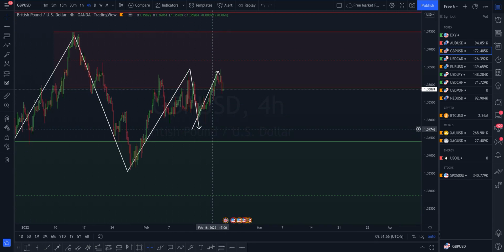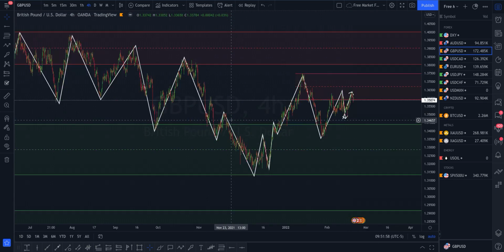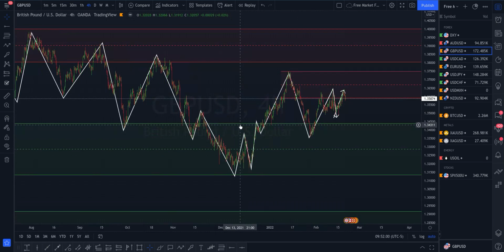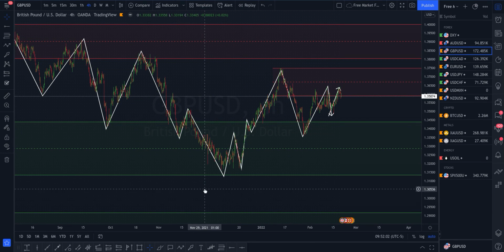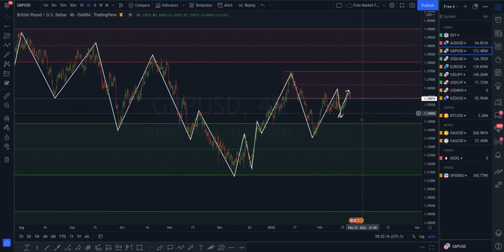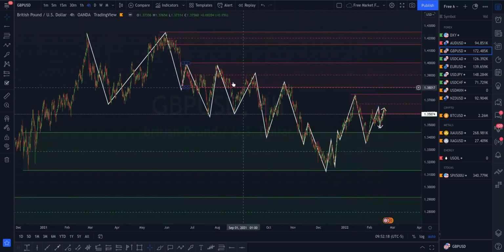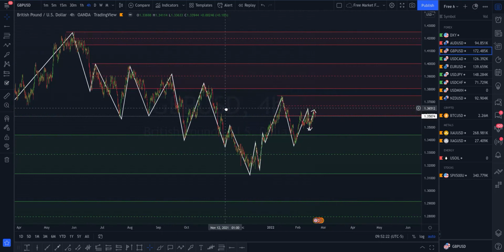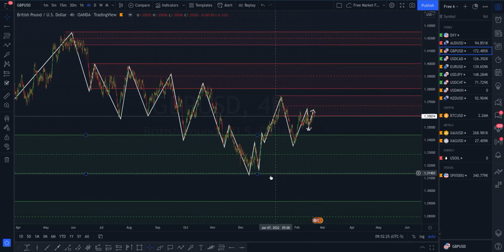All right. So technically, guys, we are in a consolidating market. This low was taken out by this low. Then we have a lower high than this high. Technically, again, we can see where we were in a downtrend, but we have already started consolidating. So we're pretty much in between